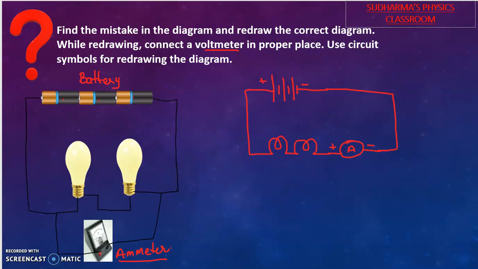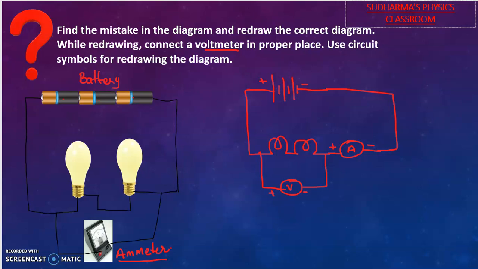So here we have 2 bulbs. If I am measuring the potential difference across these 2 bulbs, I can connect the voltmeter here. So this gives you the parallel connection. Okay, this voltmeter is connected parallel to the circuit. If you have to measure the potential difference across only one of these bulbs, you can connect accordingly. Hope you understood this. So positive comes to the positive of the ammeter, negative of the battery comes to the negative end of the ammeter, and the voltmeter is also connected in this circuit. So our answer is complete.